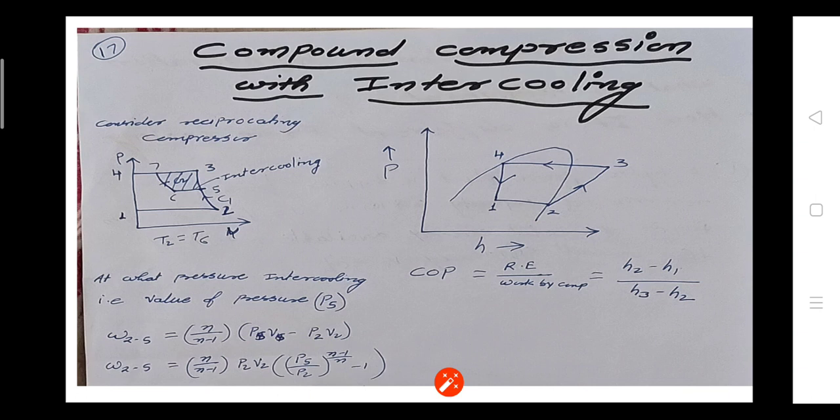Now we know that in the refrigeration system the maximum energy consumption takes place during the compression process, or the maximum work energy is required for the compression process. If you see this pH diagram, or the TS diagram, here I am drawing the TS diagram. You know that the TS diagram looks like that.